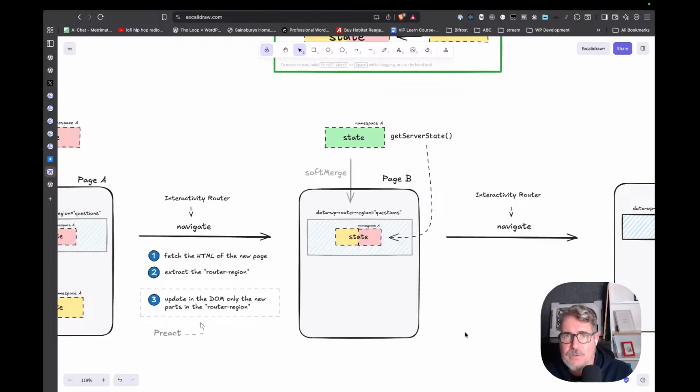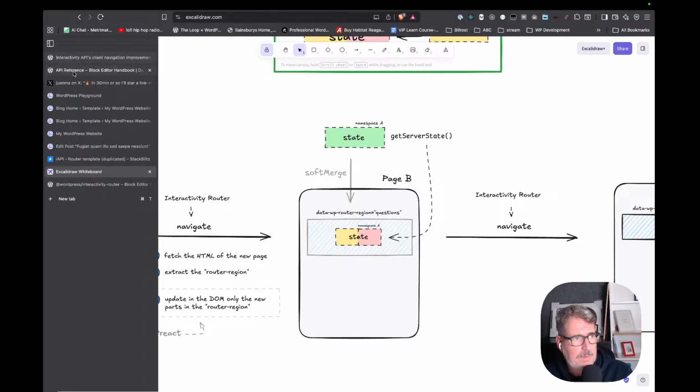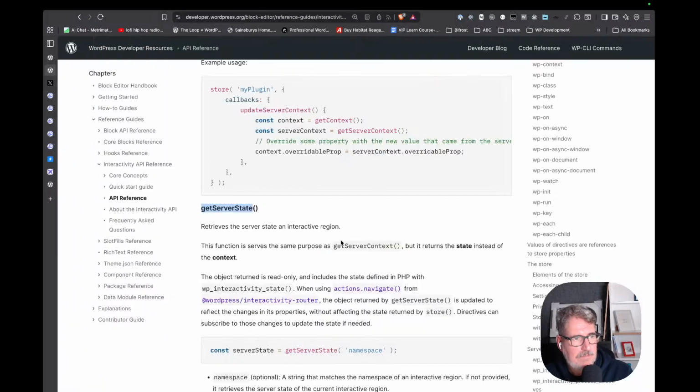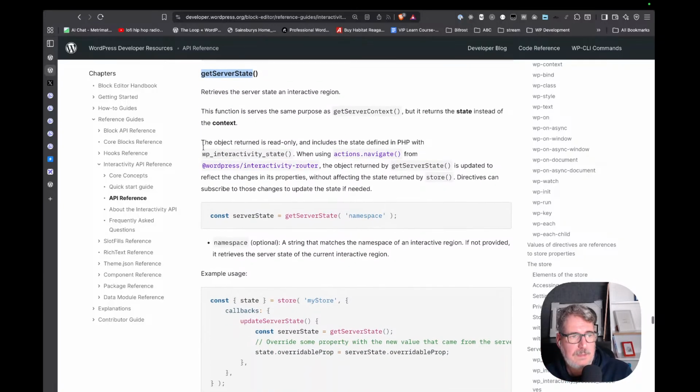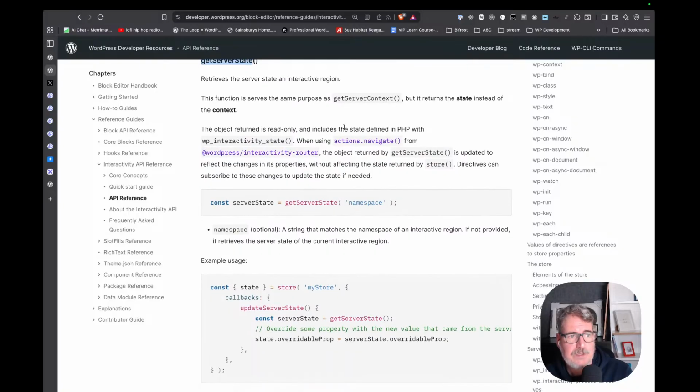And I can decide what to do with these values. So getServerState retrieves the server state in an interactive region. This function serves the same purpose as getServerContext. We have a similar function for the context, but it returns the state. The object returned is read-only and includes the state defined in PHP with wp_interactivity_state,